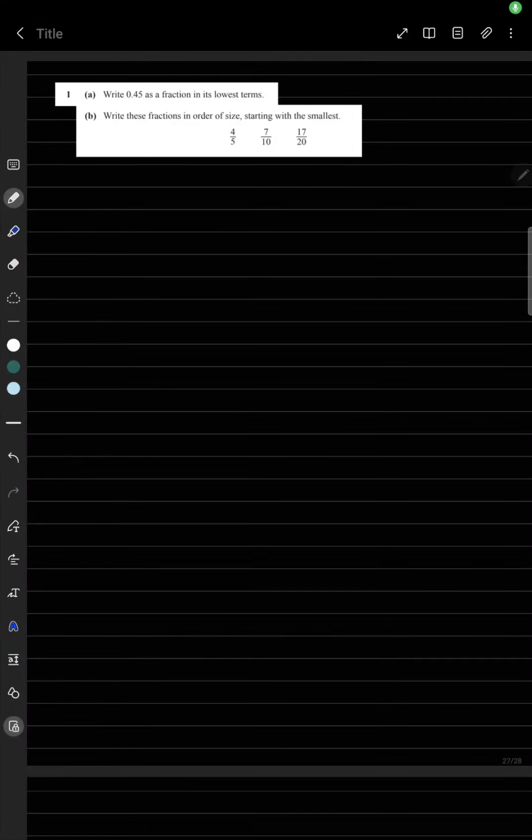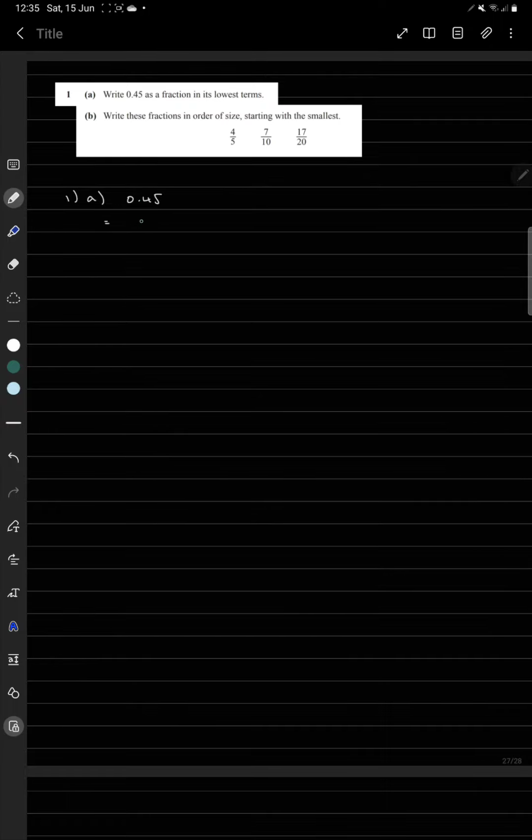Hello everyone. Now our first question here, 1a, we want to write 0.45 as a fraction in its lowest term. Okay, now since we're dealing with paper 1, we're not going to use any calculators. So let's start. 1a, 0.45 as a fraction. So if we want to change 0.45 into a fraction, we need to know that this